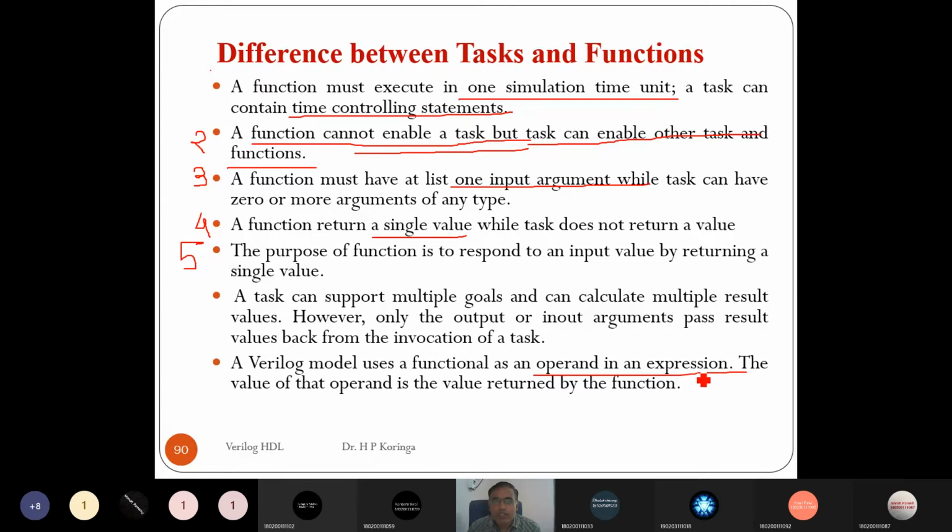That function of y is some group of statements written separately, so it executes that and returns a value, and that function of y will be assigned to x. So we can use a function in Verilog as an operand in expressions. The value of that operand is the value returned by the function. So these are the differences between a task and a function.